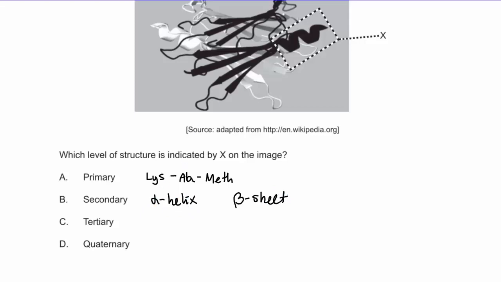this alpha helix is like a thick coil, and that is indeed what is shown here. This is an alpha helix, and maybe, I'm not sure, but I think this is a beta sheet. Okay. A tertiary structure is what this black one makes. This black one makes some stuff, and quaternary is when you take different peptides, like you take the black one, the white one, and you see the gray one behind here. When you take them all together and make what this might be, a 7 helix